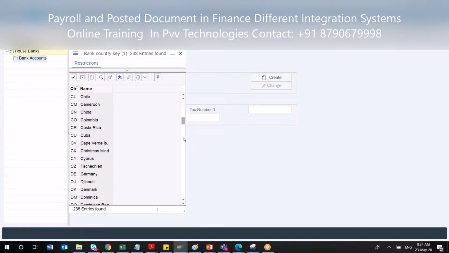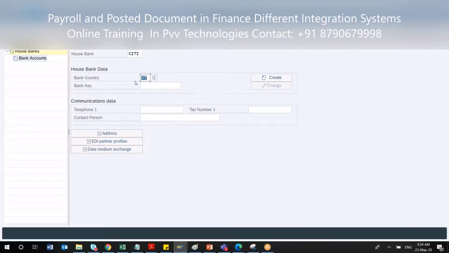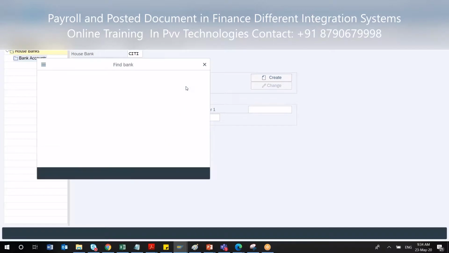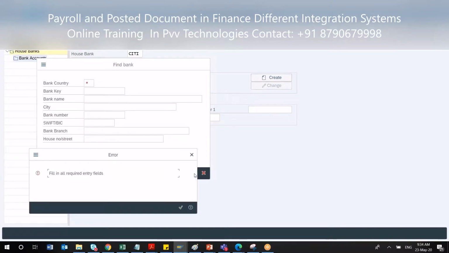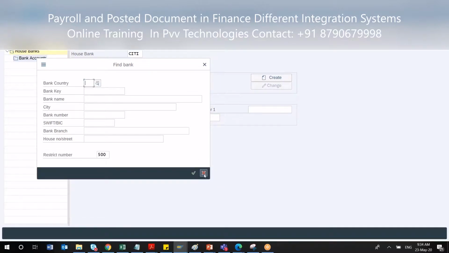But this configuration you will not be doing. Mostly this will be done by your finance people. But for your understanding, I'm just telling it. I think some option is not there. I'll just put a random one. Here bank key means every bank will have specific details depending upon your zip code and all. They will have this bank number, the branch number, everything. I'm not able to do this because some configuration is missing. But once it is maintained, your salary will be processed.